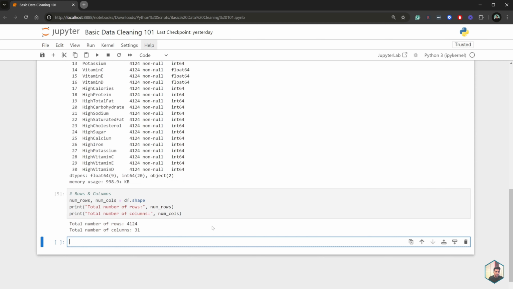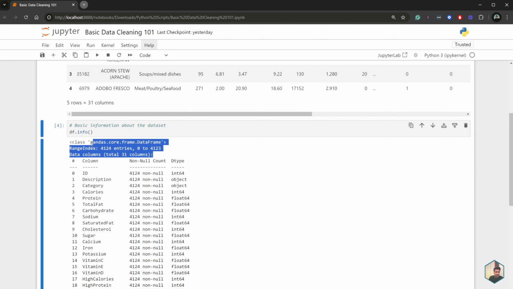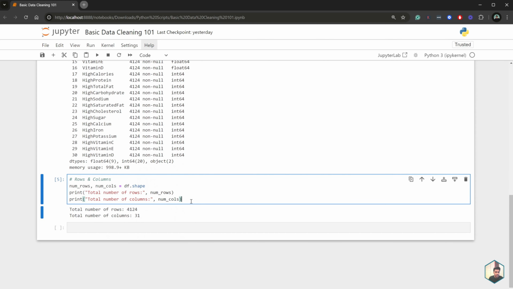I'm going to run this, and this tells me that I have 4,124 rows and 31 columns in my data set. This information is actually also available in the df.info, but if you want it more explicitly laid out, you can also use this code.